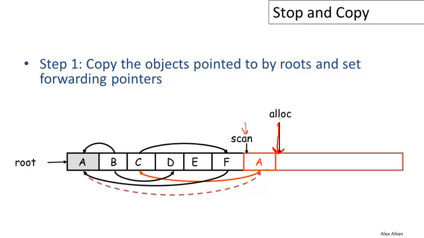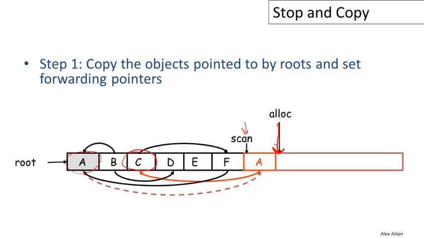Okay? Now, what happens when we copy it over? Well, because this is just a bit-for-bit copy, all the pointers in A still point to the objects that they pointed to before, which are the objects in the old space. So notice now that this copy of A points to the object C in the old space. The other thing we do is we leave a forwarding pointer in the old copy of A. So we mark A as having been copied. That's why it's grayed out. That indicates that this object has already been moved. And this dotted line here indicates that somewhere in A we've stored a pointer to the new copy of A. And now we're ready to